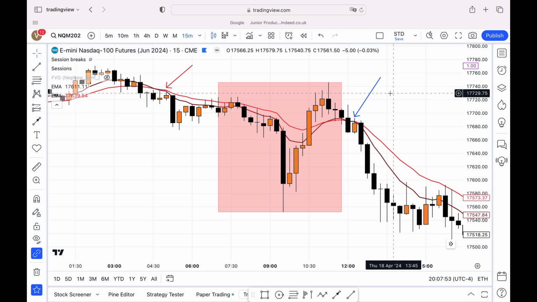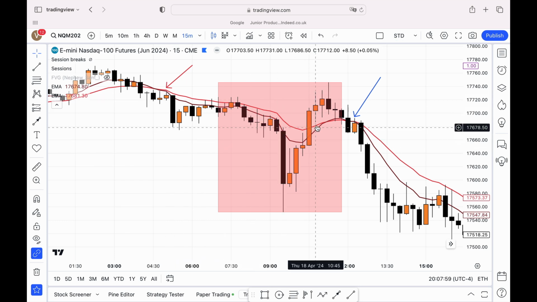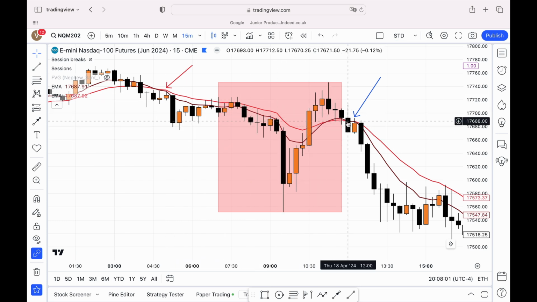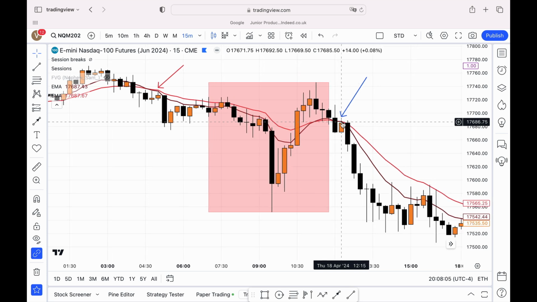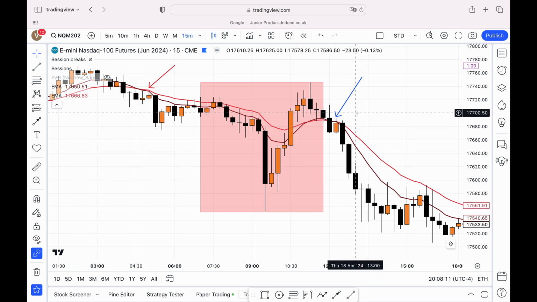But experience has told me that whenever you get an initial cross and you get a second one, it's usually very powerful. Now, this one happens slightly outside the time window, and it happens at a very strange time, which is lunchtime. Normally I wouldn't generally take a trade during lunch, which is between 12 noon and 1 p.m. New York time,